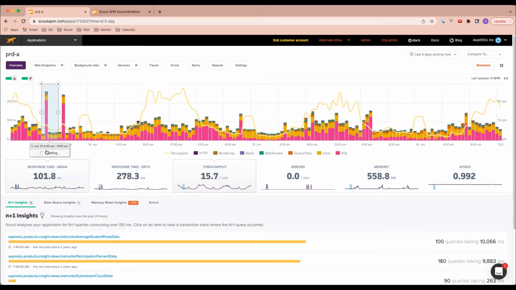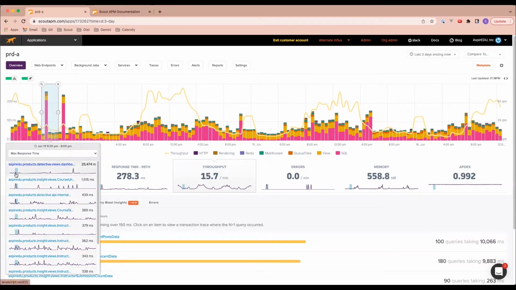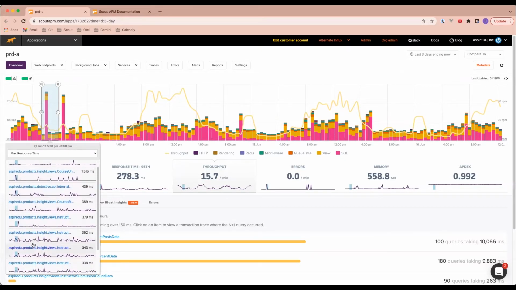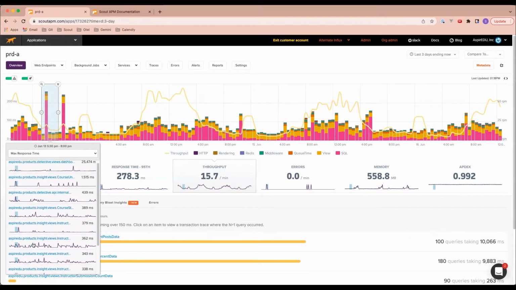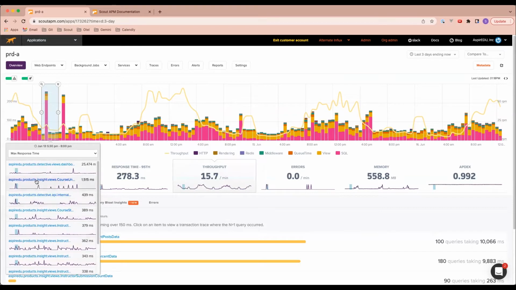As you can see, when we click on this, the highlighted section of that graph carries down to each of these web endpoints, so you can really see which web endpoint might be causing that spike or might help cause that spike along with others. If we click into this one, which looks like it's a part of the culprit there,